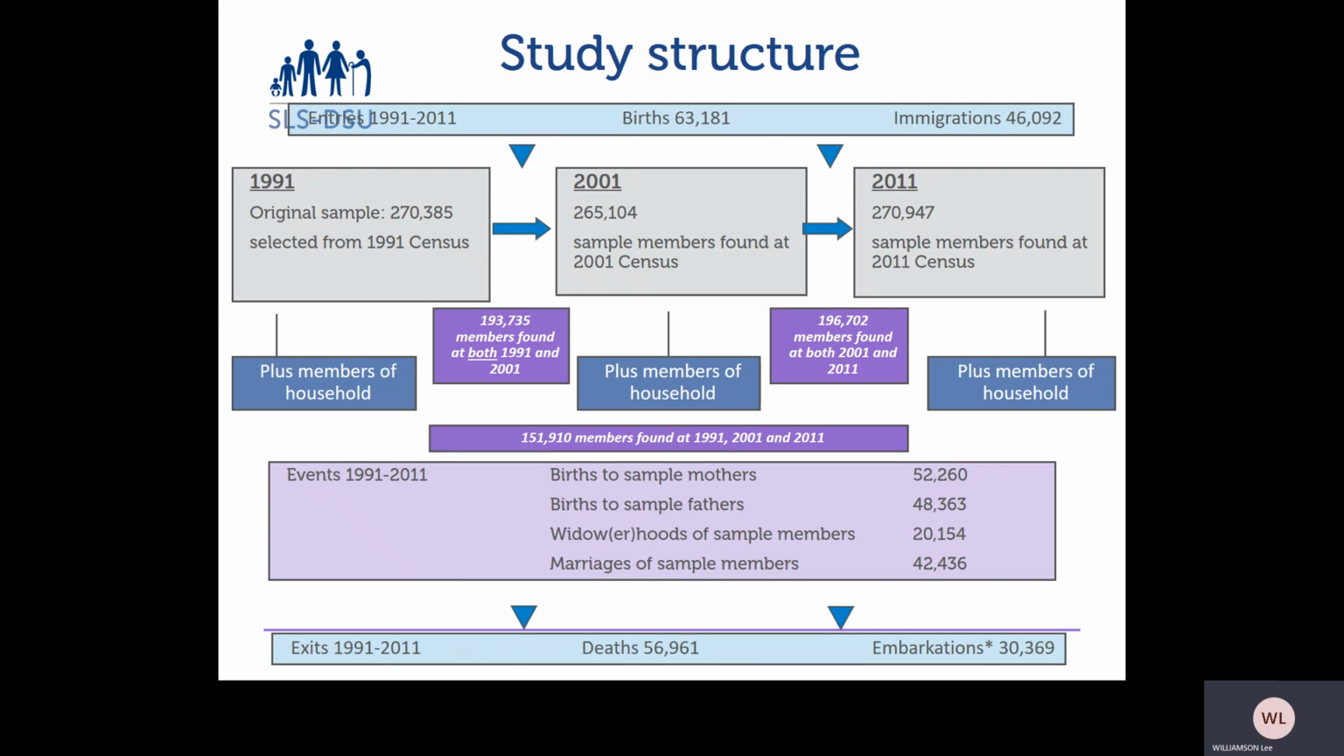This is the same information as the previous one, but with more detail, just to show that, again, we've got the way to come in, births, or you die to leave. But we also have at each census point what we call the non-members table, which is information on everyone who's living with the census member, the SLS member, at census time. And we also have vital events, so we have births to sample mothers and fathers,